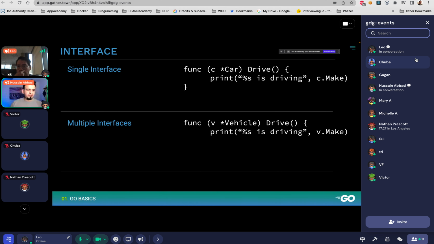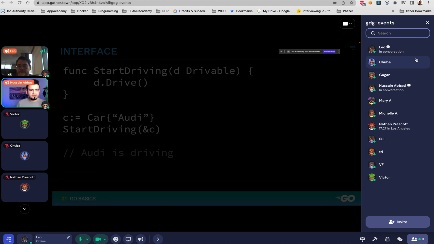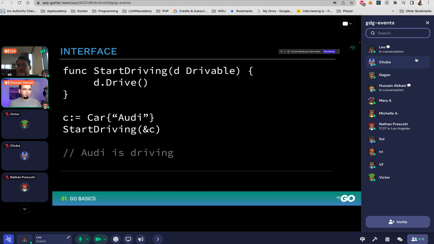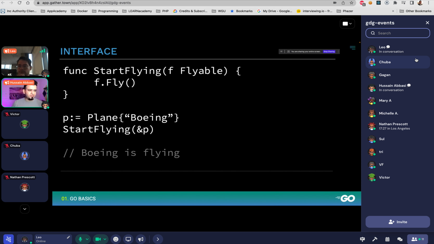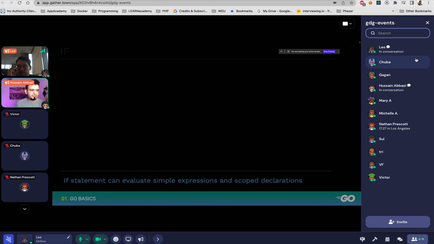We talked about this, so let's not jump into too much. This is recorded, so you can always go back, pause it, and see what the code is, and you will see the code in a better way. And this is just talking about interfaces and how we can pass them in.